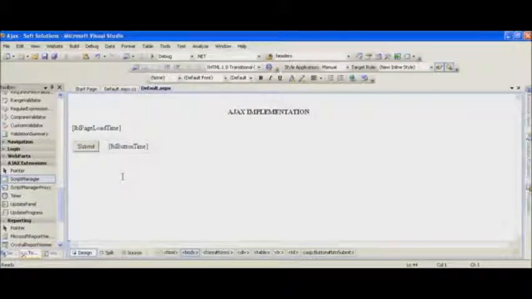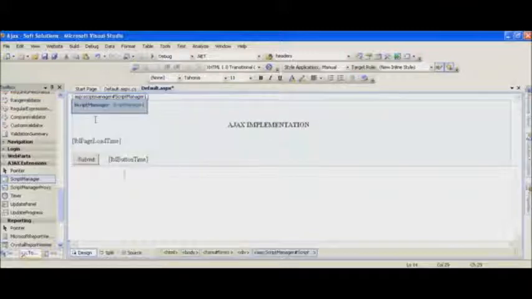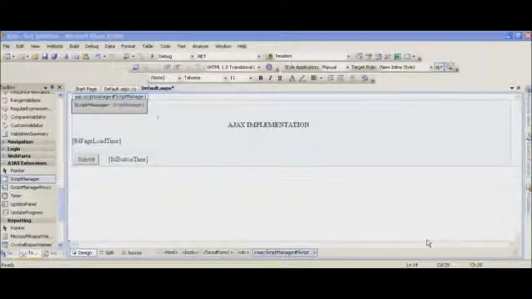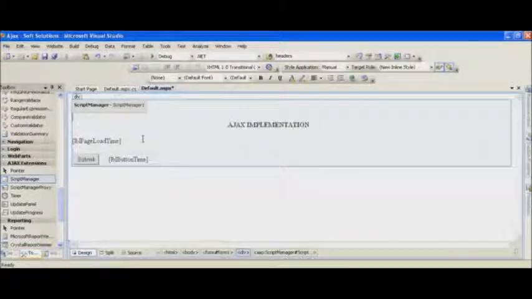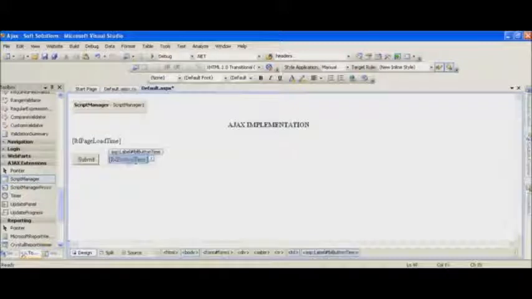Now in order to apply AJAX onto a page, first of all we have to take a script manager control. From the toolbox, drag the script manager control onto the page. Always take the script manager at the top of the page because you can take only one script manager per page.